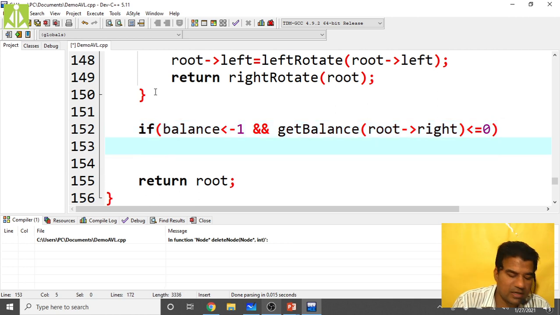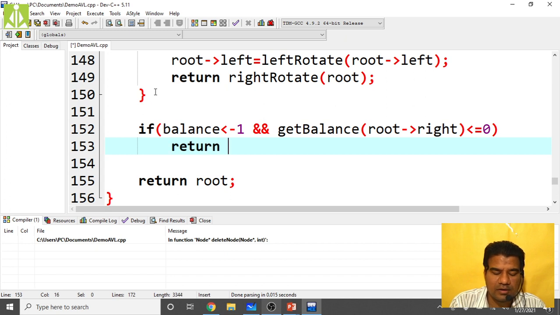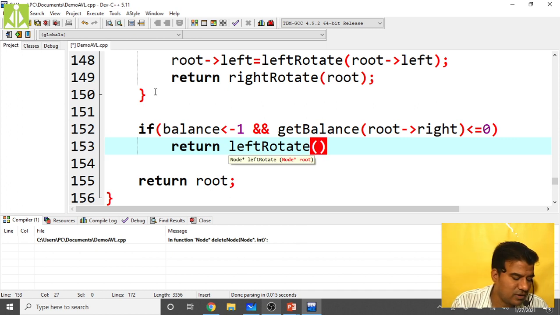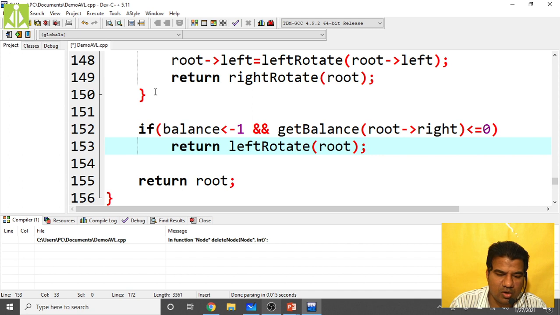If this is the case, simply write return left rotate of root. At the end put the semicolon.